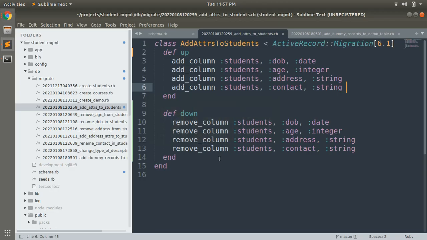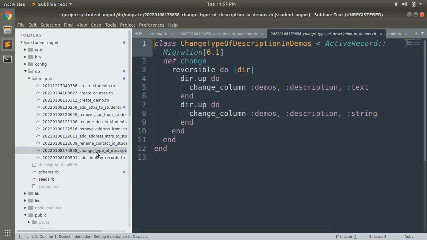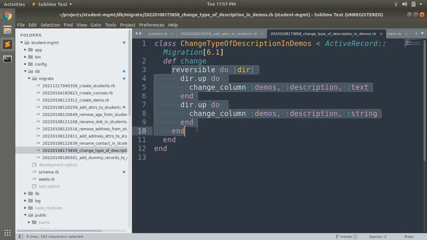Let's look at the migration here. Okay, so change the type of description in demos. We run this reversible block to make the change method reversible. But if we don't have this reversible block, we can simply do that within up and down methods.